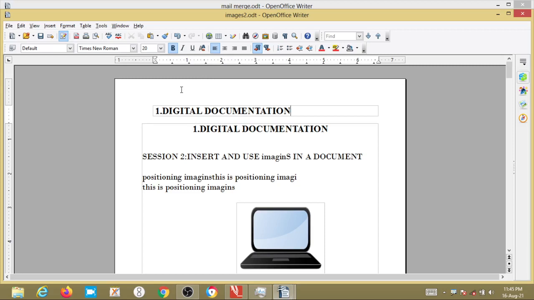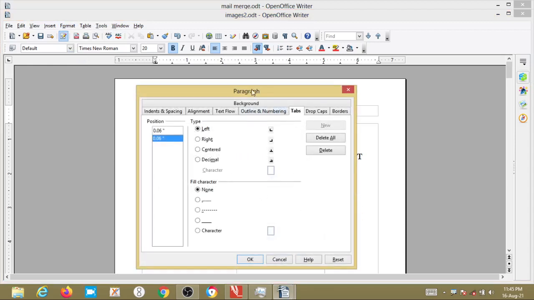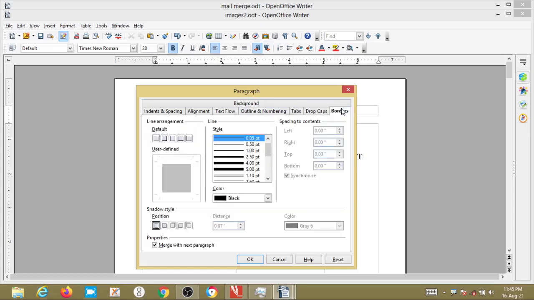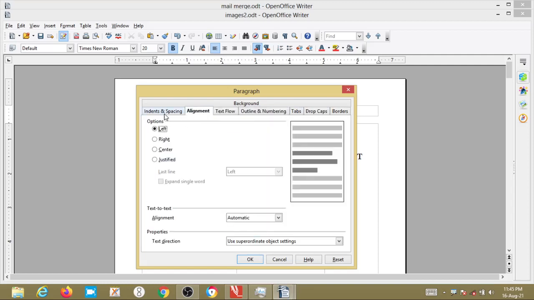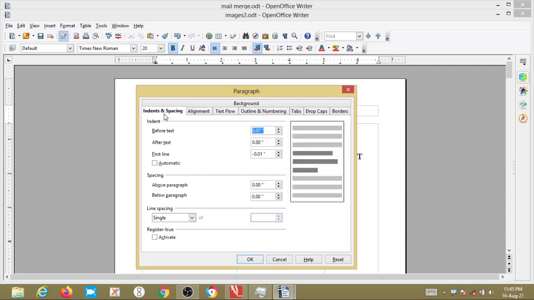So I can either drag here or go to Format. In Format I have to go to Paragraph, and the paragraph dialog box will appear. In that you can change the tabs, outlines, numbers, text flow or indents and spacing.